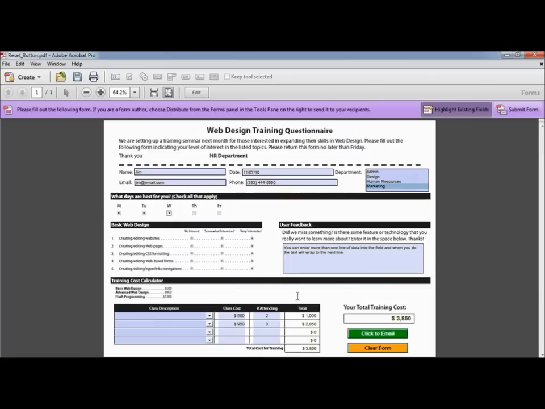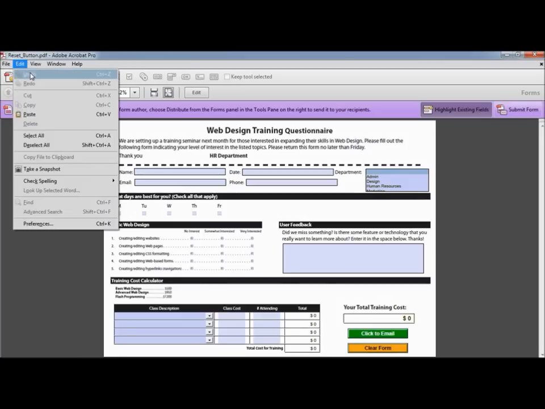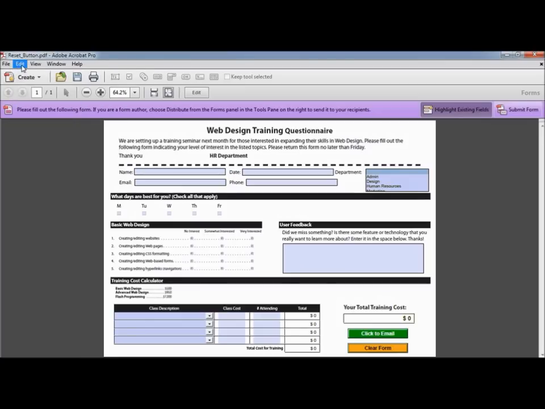When you're ready, click the Clear Form button. When you click the button, the fields in the form will be cleared or returned to their default settings. Resetting the form is a one-way street. There's no way to undo it or restore the data once it's cleared, unless of course you've saved the file